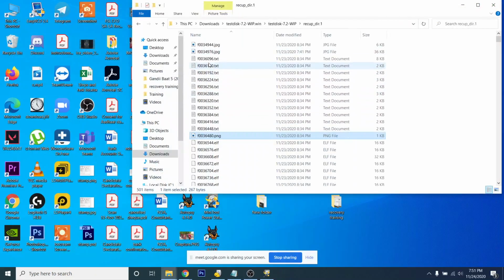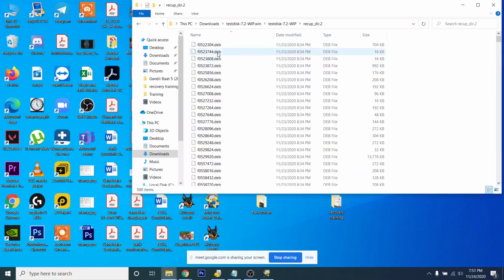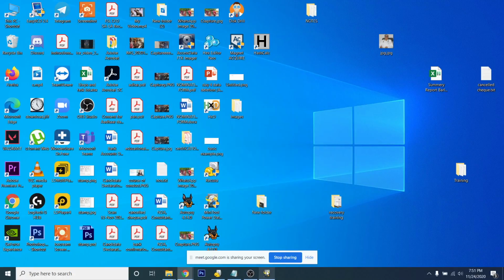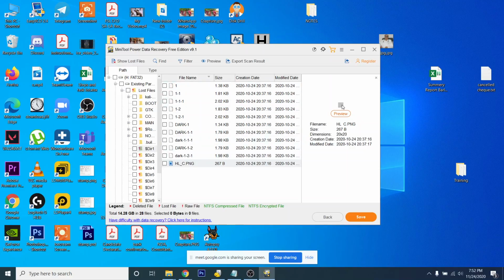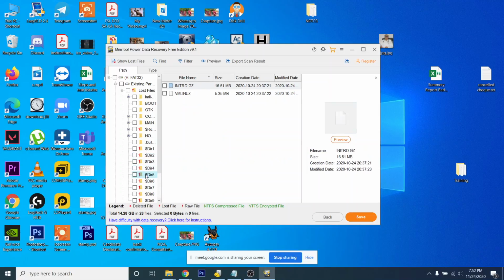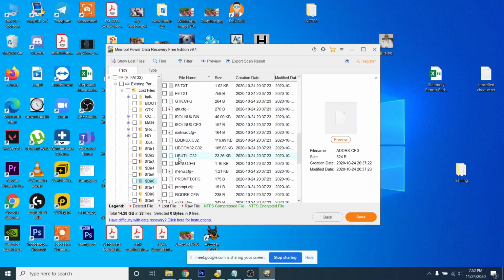Let's see if it has. Okay, this is the file that Recuva, MiniTool Power Data Recovery and TestDisk, all the tools have recovered, the same snapshot. So that means the snapshot was there. When we come to recovery 2, okay, let's go one by one. So it has recovered the snapshot. When we come to directory 2, there are 7 mod folders. Similarly, likewise in Recuva, directory 3, directory 4, directory 6.